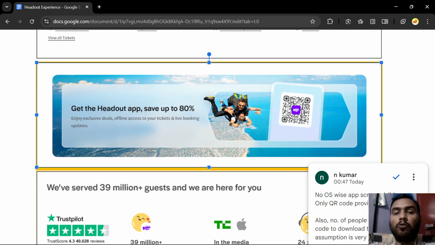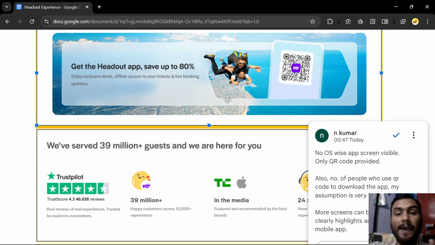Also there is no category-wise definition for Apple or Google, so we can work on adding those. The second part would be describing more mobile-level features that excite a first time user to go and download the app. Also, more information can be provided regarding the number of people who have downloaded our app.